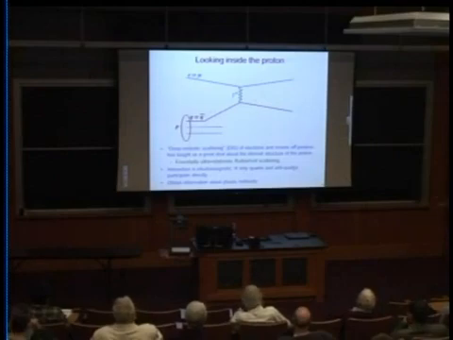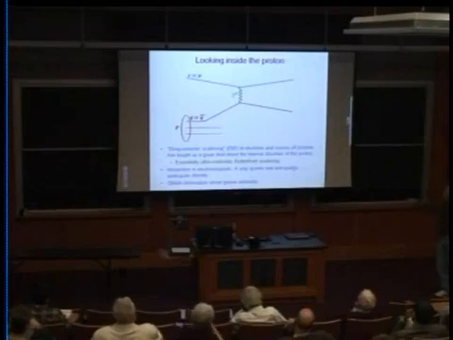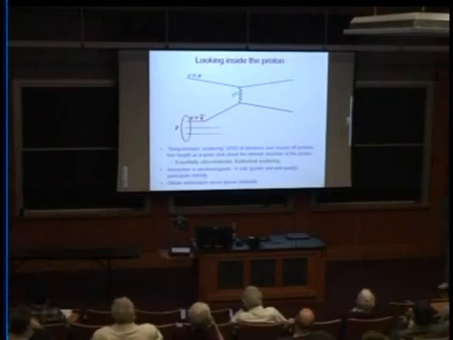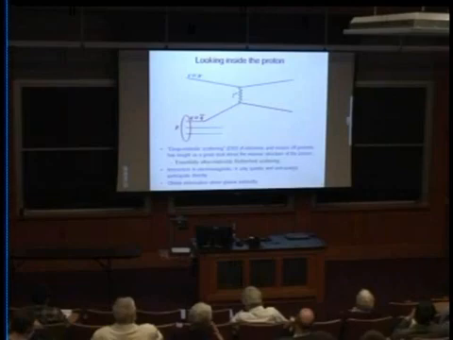Basically, that occurs through the exchange of a virtual photon. That virtual photon is electromagnetic. It interacts with charges. The charges in the proton are the quarks and the antiquarks. Essentially, this is an ultra-relativistic version of Rutherford scattering. And just as Rutherford scattering let us look inside the atom to see the nucleus, this lets us look inside the proton to see the quarks and the antiquarks that are there. And it's told us a great deal about the internal structure of the proton. Of course,